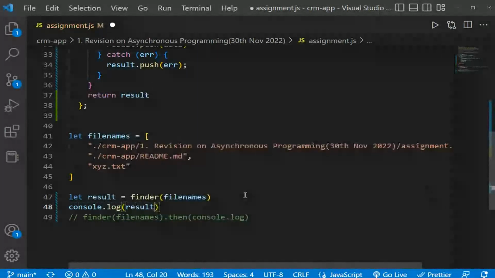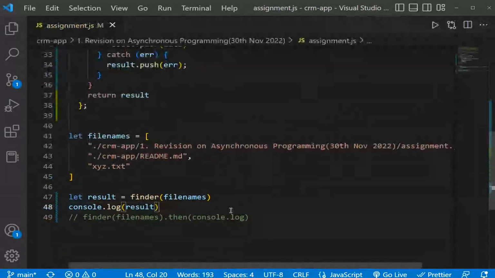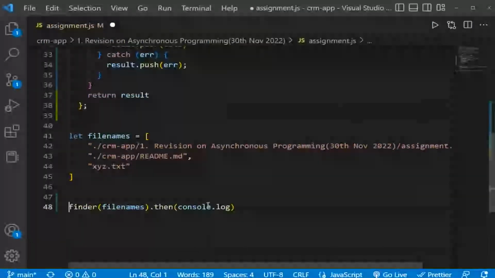If I do this, I'm going to print promise, which is pending. So now, since an async function returns a promise, I cannot do console.log result. Actually, the thing I need to do is first call the finder function, get the promise, and then on the promise, I have to write then console.log.